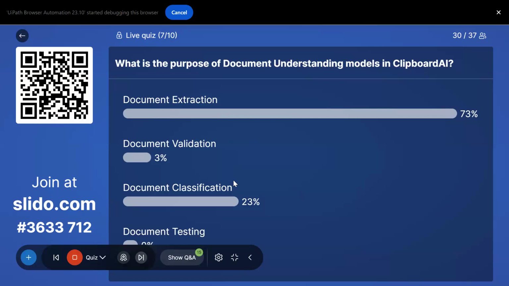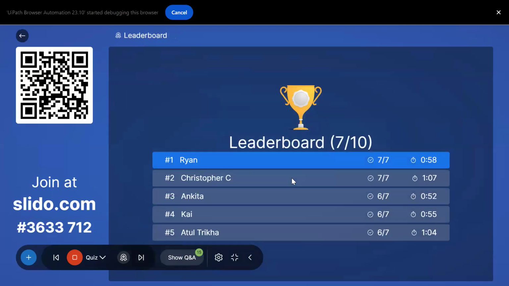I had said that the document understanding models are there for document classification, to understand what document you have scanned, like a passport or an invoice or something like that. So that is where your document understanding models come into play, and it is not document extraction, like 73% of you have said. And so we have Ryan at the top now.